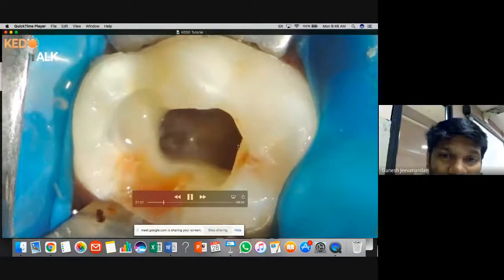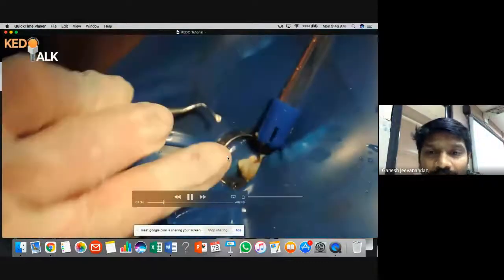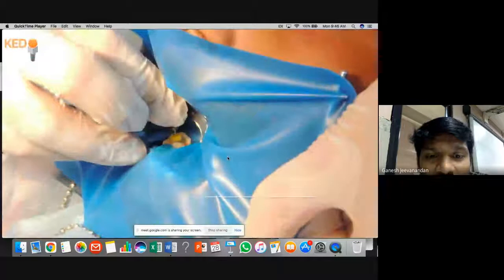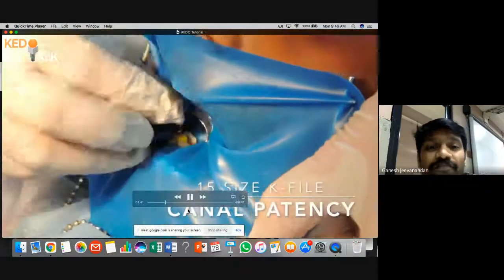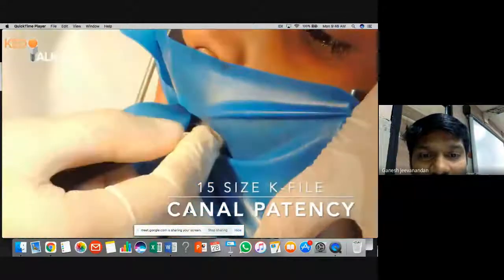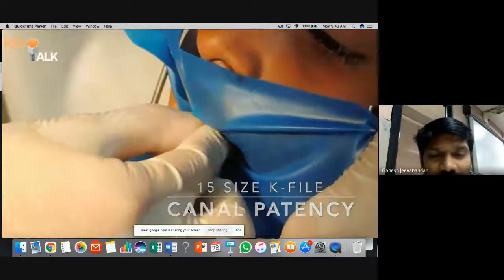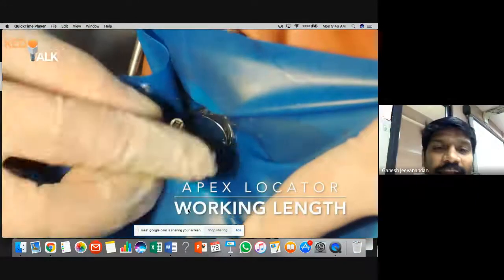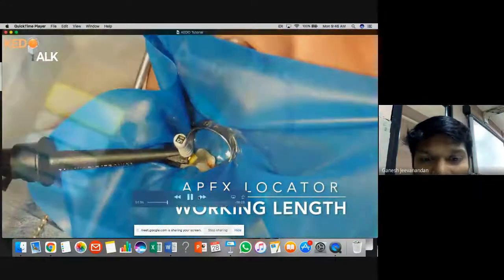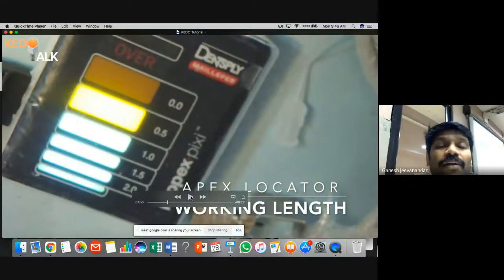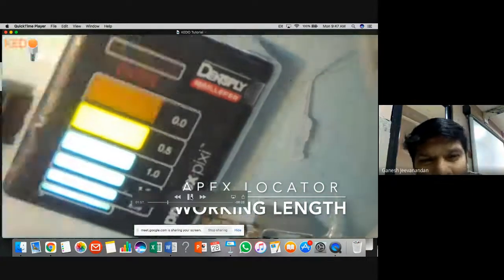You can locate the canals easily also and use a spoon excavator to remove the pulpal tissue if it is there in the coronal portion. I'm using a 15 size K file to locate the canals, to see whether it is a snug fit, a tight fit or a loose fit, which means I decide whether it is used for narrower canals or wider canals. I take working length with an apex locator. Then I usually keep 0.5 to 1 mm short.